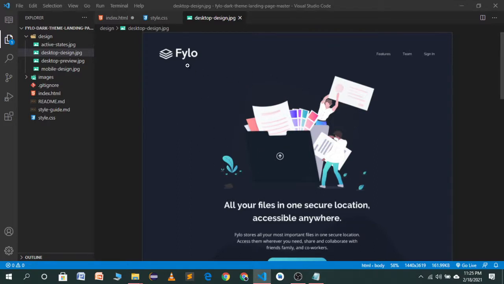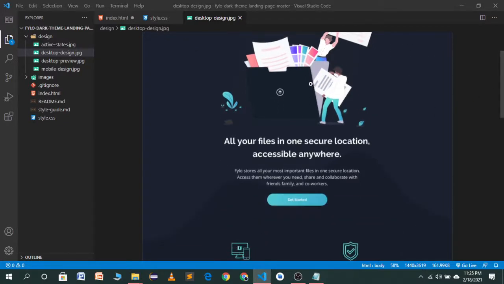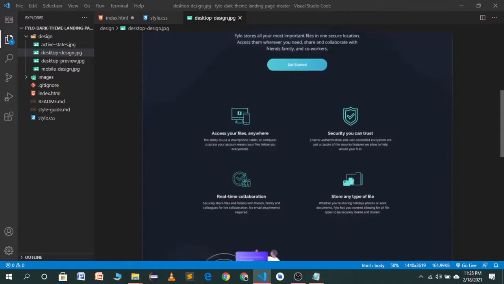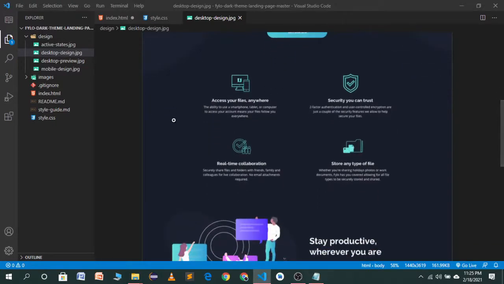in this website, or we will create it by just HTML and CSS. The website has a logo and a navigation bar, and underneath we have our hero section which contains an illustration, the title, the paragraph, and an amazing looking button. As we move downward, this section of our website contains features of our website, which contains icon, heading, and paragraph.